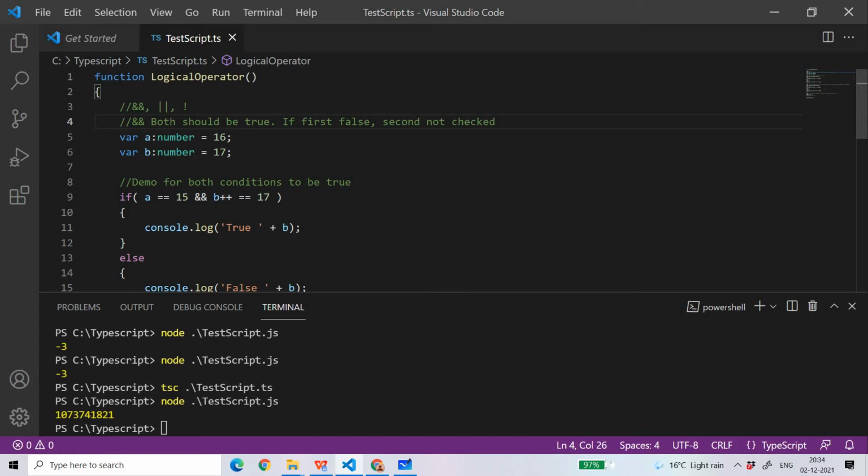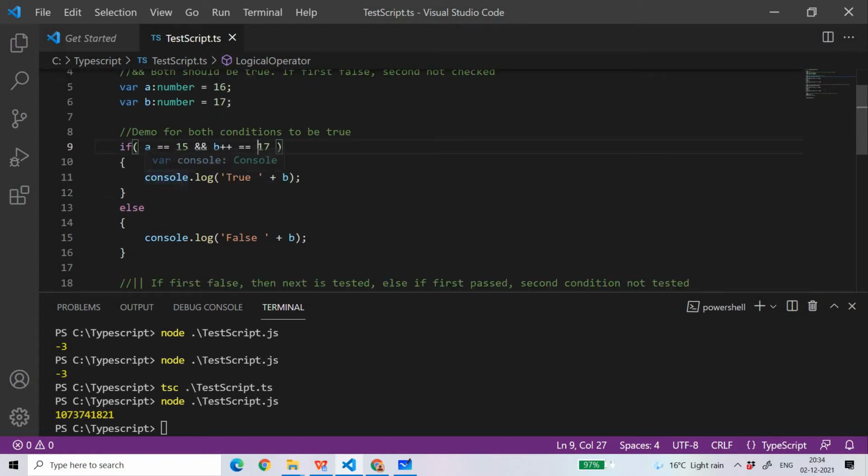I have already told you about this thing, so listen carefully. In the case of post increment or post decrement, the other operation will be performed first, and then the increment or decrement will be performed. Here a is equal to 15, which is a false statement, and b is equal to 17 is a correct statement because this is a post increment. So b will be compared first with 17, and then b++ will become 18. But will it happen here?